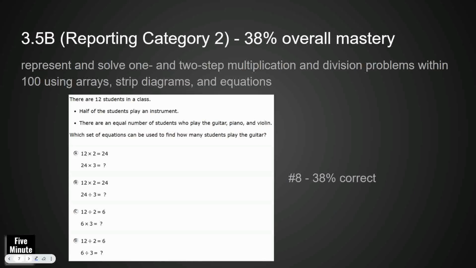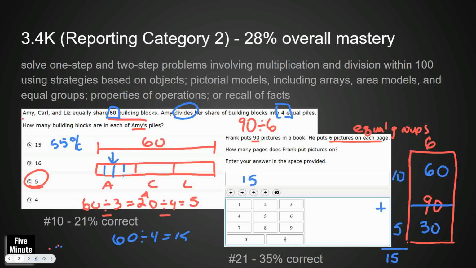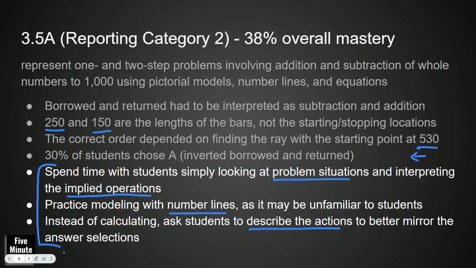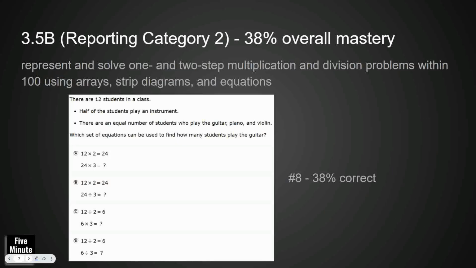Next, we've got 3.5b. We are representing and solving one and two-step multiplication and division problems. Are we noticing a pattern here? If we look at our lowest, we're solving one and two-step problems. Then we're representing one and two-step problems. Now we're representing and solving one and two-step problems. So multiple step problems, whether we're solving it, whether we're representing it, that's our biggest area of opportunity in third